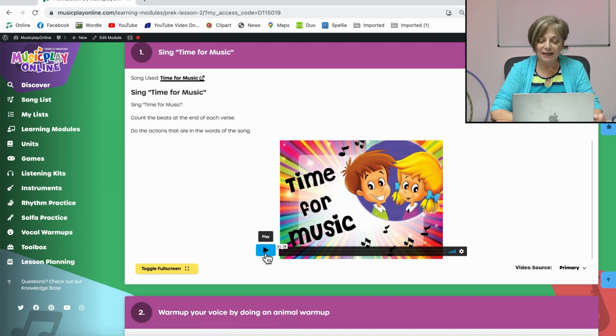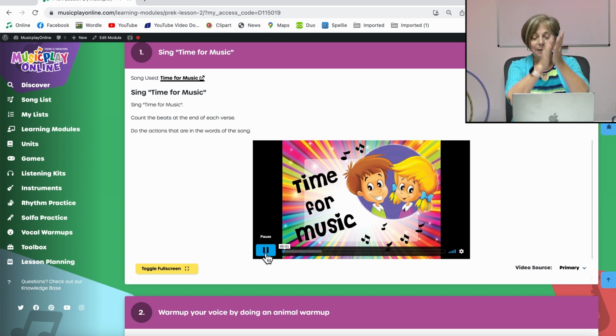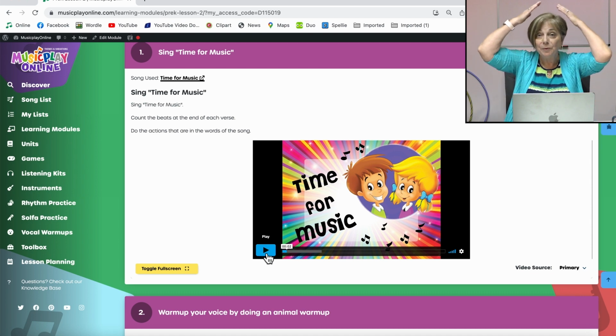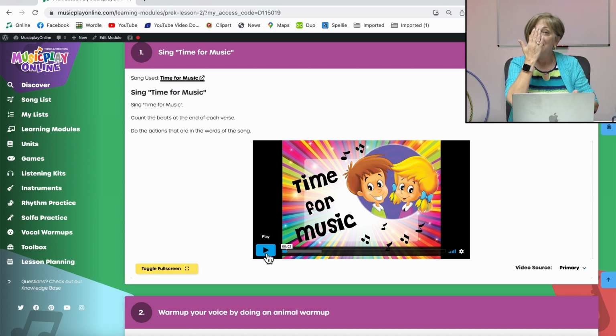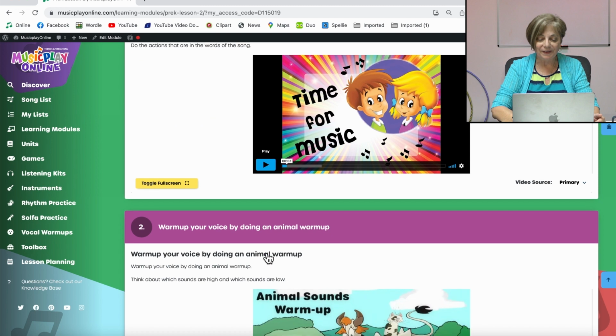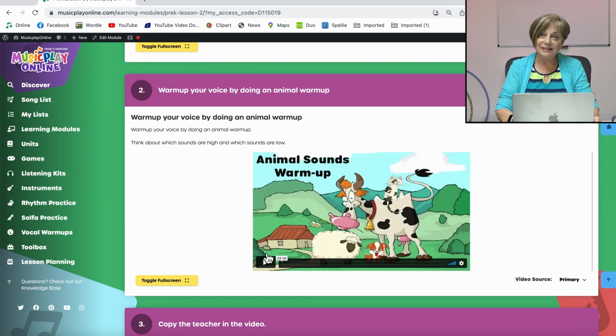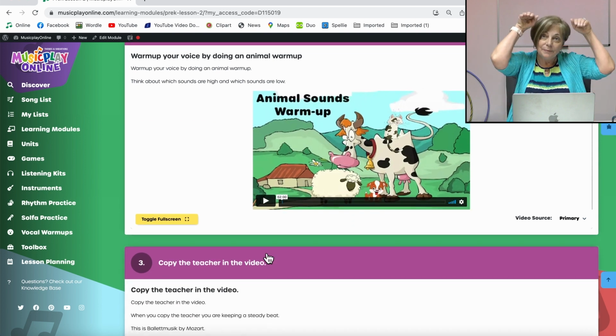So we always start every lesson with time for music, clap your hands, and as this is the second time that you're doing it with the kids, you might want to extend it now by asking the kids where else could they keep the beat. Time for music, pat your head, or time for music, pat your nose. The animal warm-up is the same as last week's. Meow, meow,